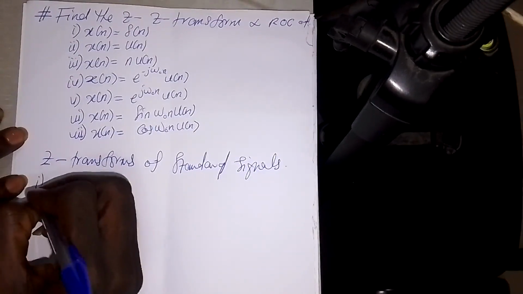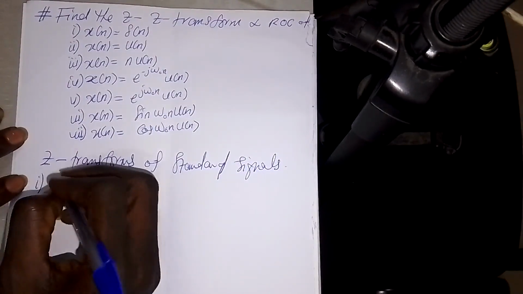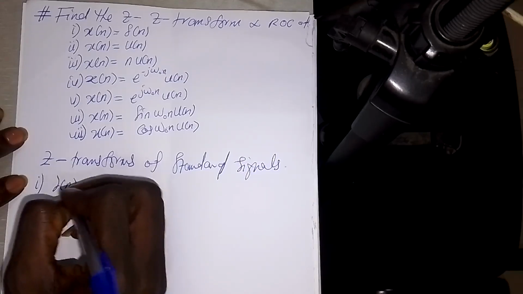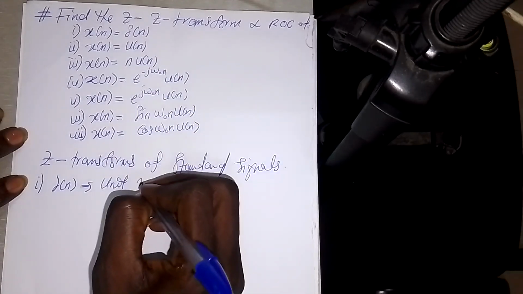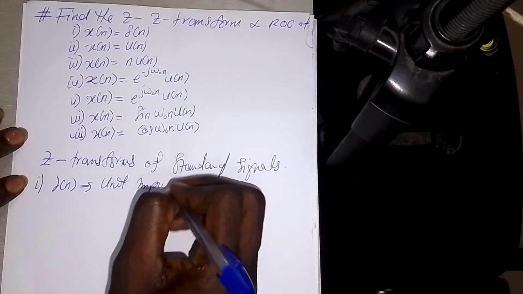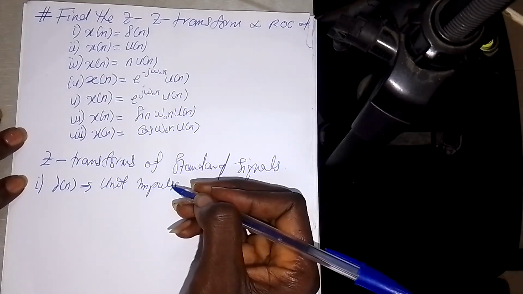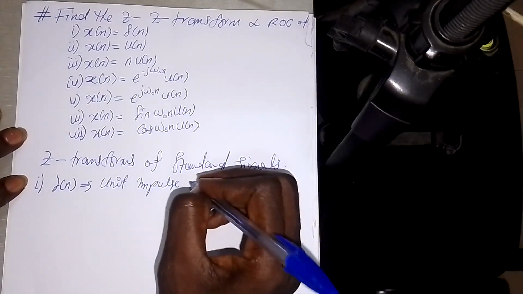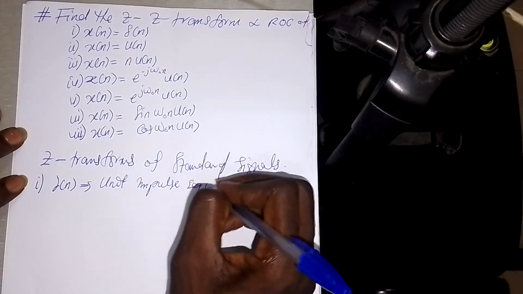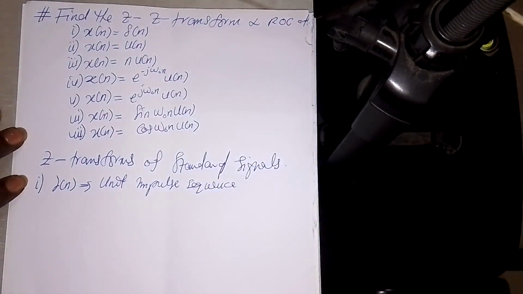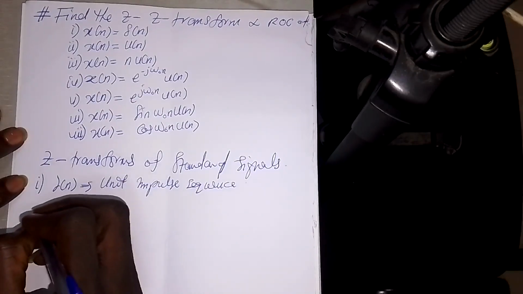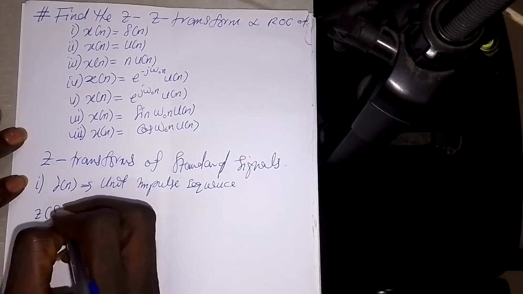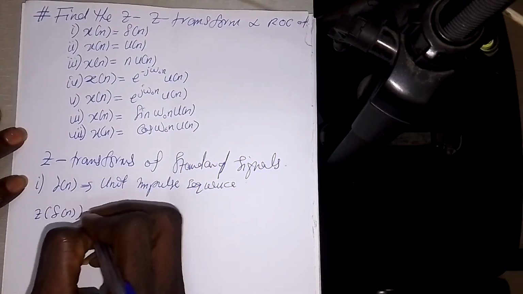So the first one is delta of n. Delta of n is a unit impulse. You can call it a unit impulse sequence or unit impulse signal. Delta of n. And we know that the Z transform of delta of n is actually